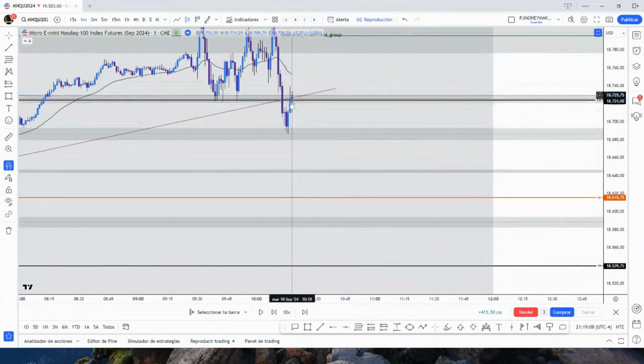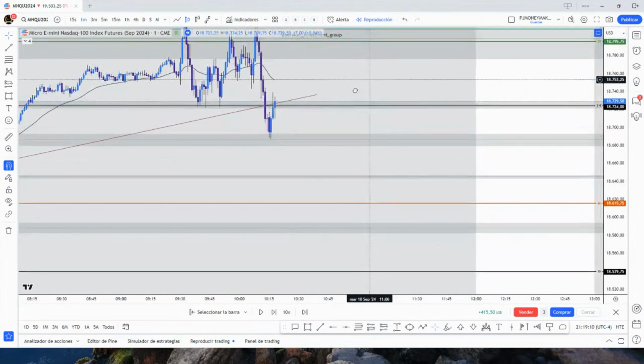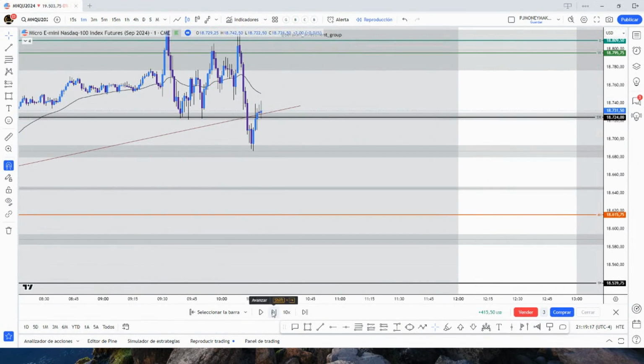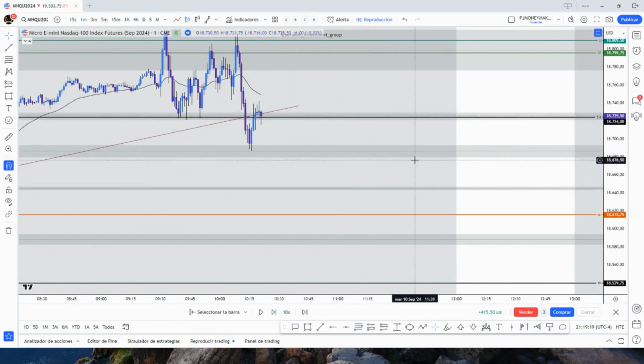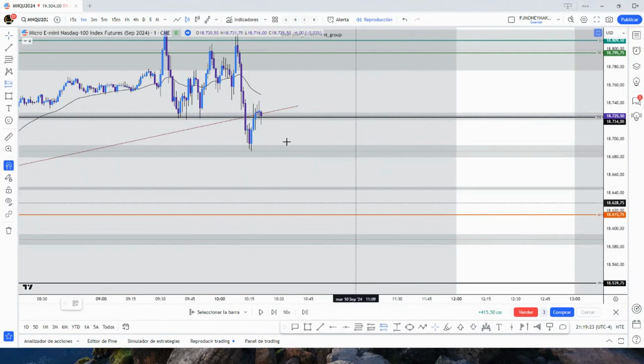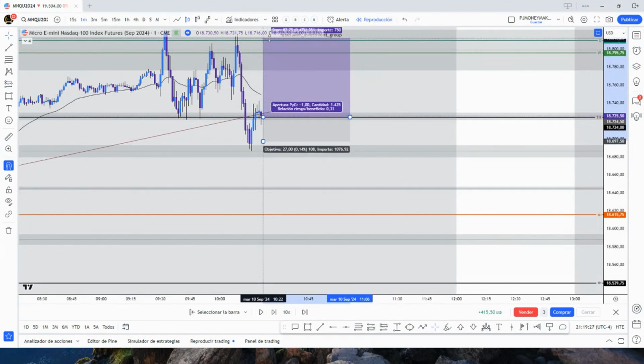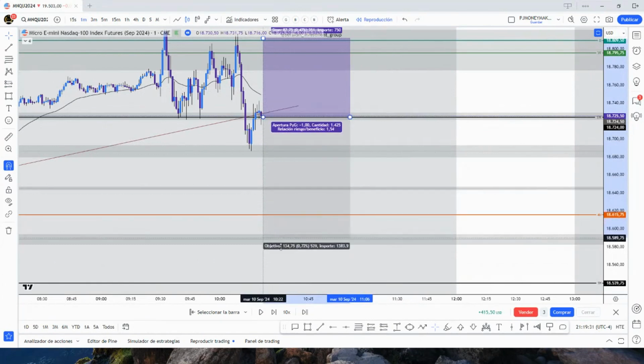Oh, it didn't engulf. You see? You need the engulfing right there. You need the engulfing. No? There you go. Yeah, that was engulfing right there. So you get in like this. It's beautiful to do it now, but to do it,